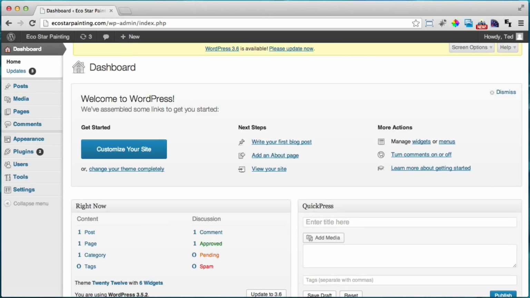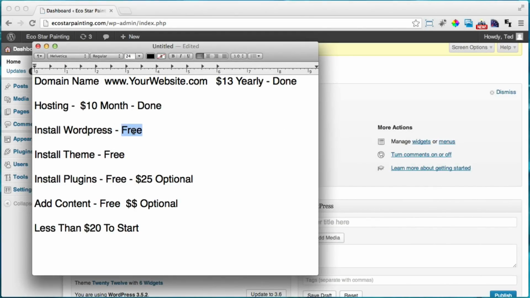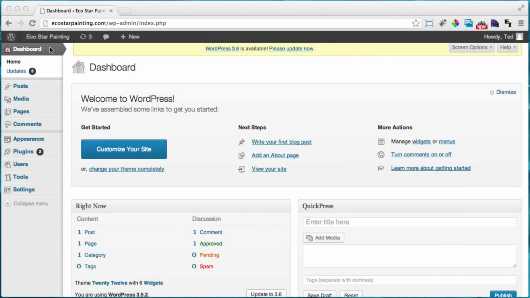And now that we've installed our WordPress, we have to now get a new theme. So let's do that now. And I think the theme is one of the most important pieces to our website puzzle. So let's go over to